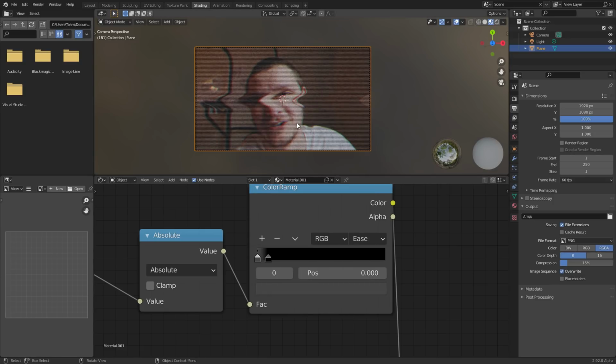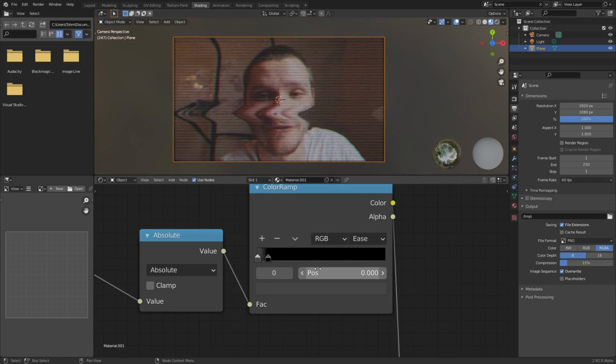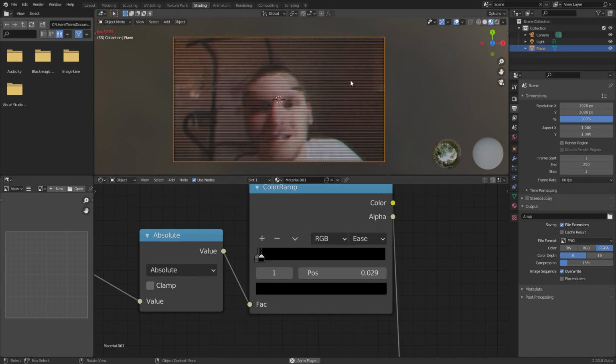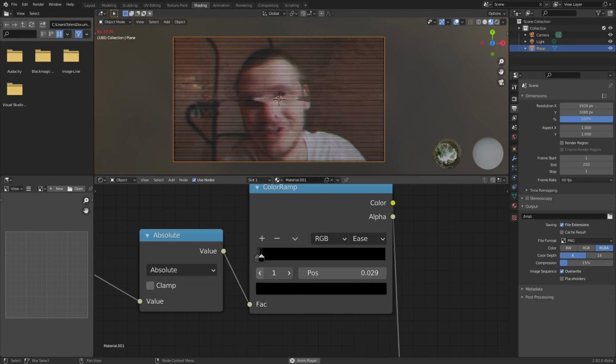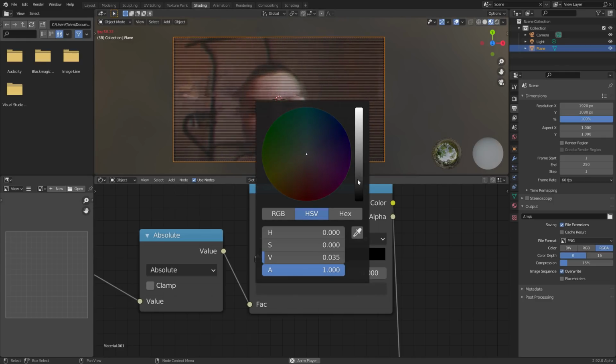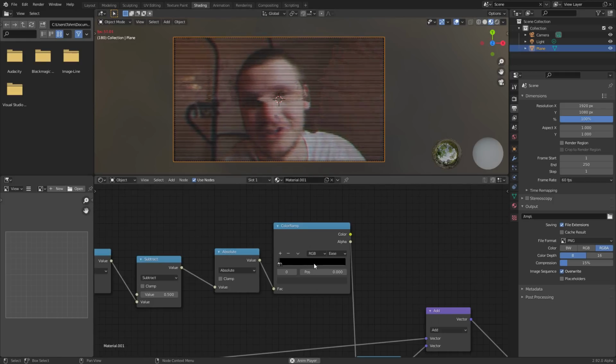a bit more. Okay, so now we have a repeating effect that we can control, again, how wide it's going to be and a bunch of other stuff. But at this point, let me just take it down a bit more. At this point, I think I'm happy with this. So again, this is a